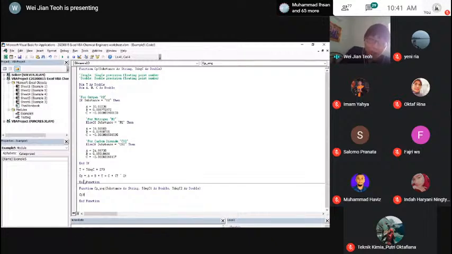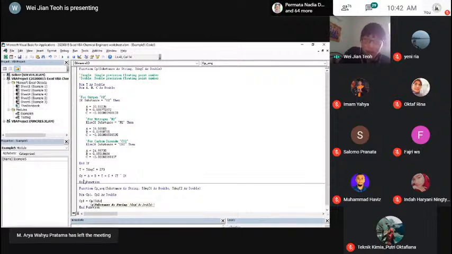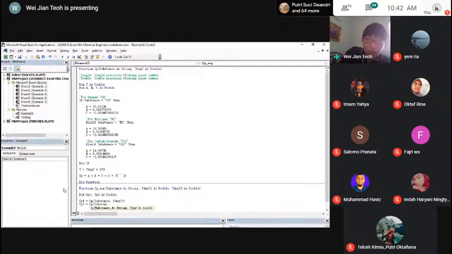Let's say Dim CP1, CP2 as double. CP1 equals, so I can call another function here, CP substance, C1. And CP2 equals CP substance, C2.